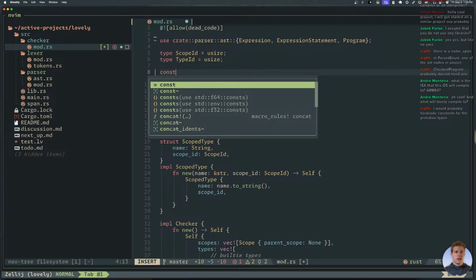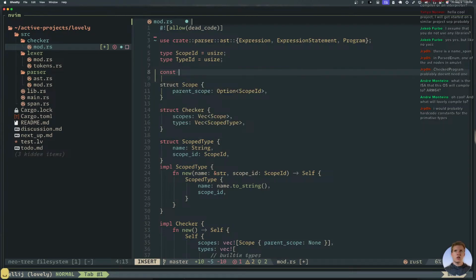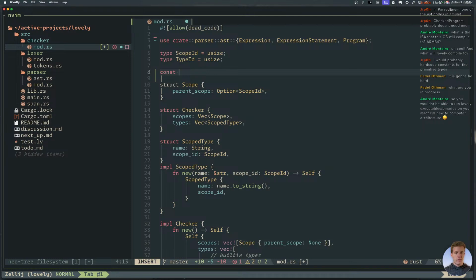It's gonna be very hard, yes, but we're gonna give it a shot. Okay, so I'm gonna say const. So you wouldn't be able to run Lovely executable binaries on my Mac. I'm new to computer architecture. No, you're correct. I wouldn't. Well, Mac is a little bit weird because there's this Rosetta thing, because Macs used to be Intel, right? So you sort of can, if you tweak some things, run x64 on them, but it's not easy.